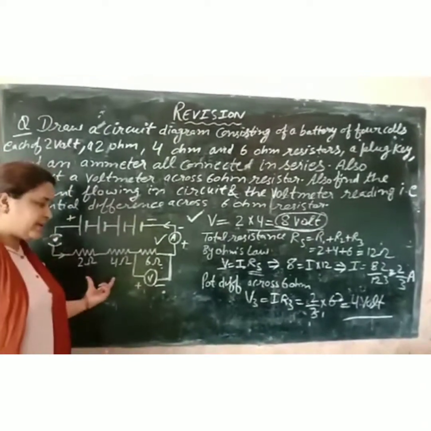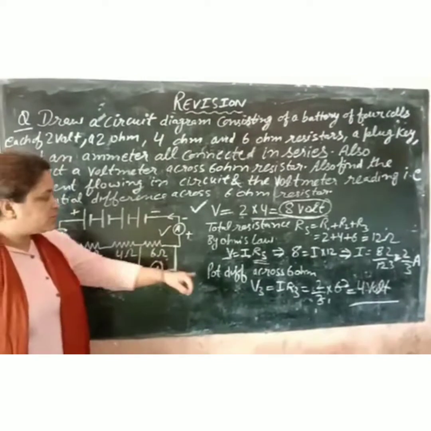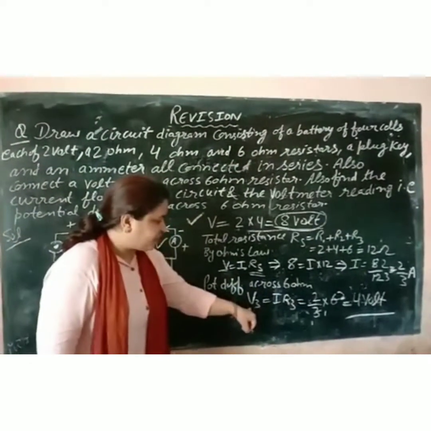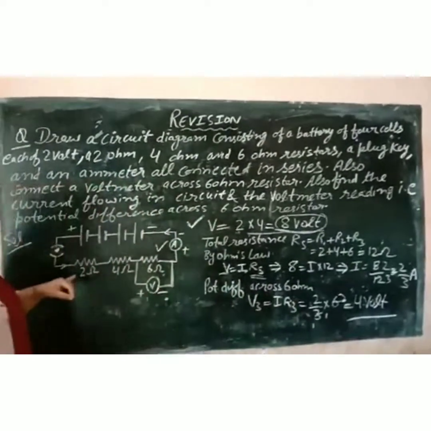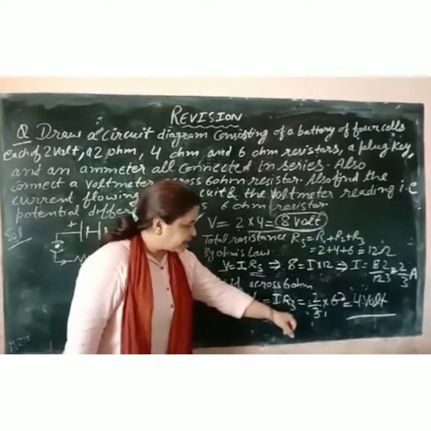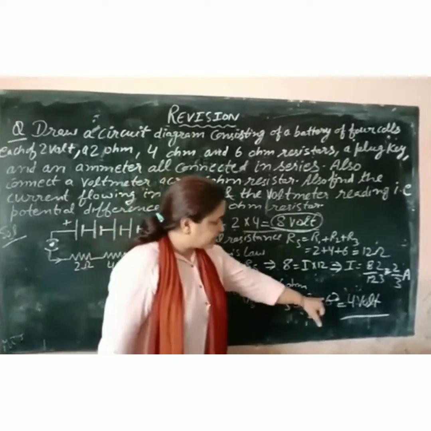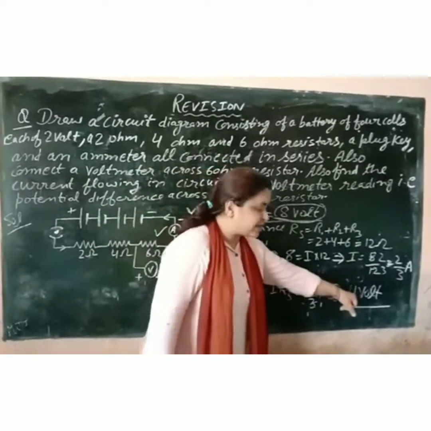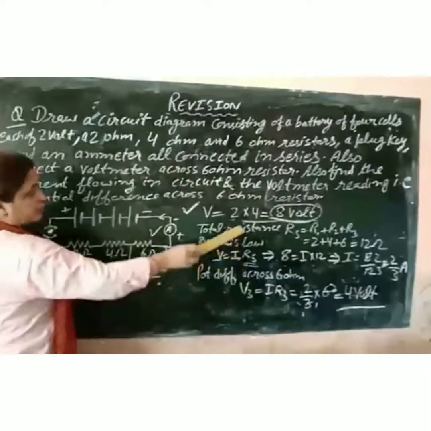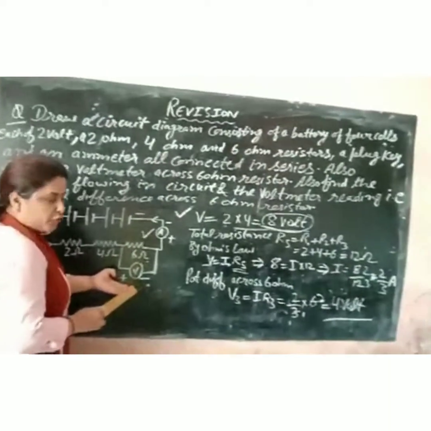Now the next portion is potential across 6 ohm. As you know that in series combination, across each resistor potential changes. So potential difference across 6 ohm, V3, is I R3. If we consider V1, V2, V3, so it is V3 = I R3. We have calculated I as 2 by 3 and we put the resistance value, that is 6 ohm. 2 by 3 into 6 you will get 4 volt. Means the total potential is 8 volt. Across 6 ohm is only 4 volt.